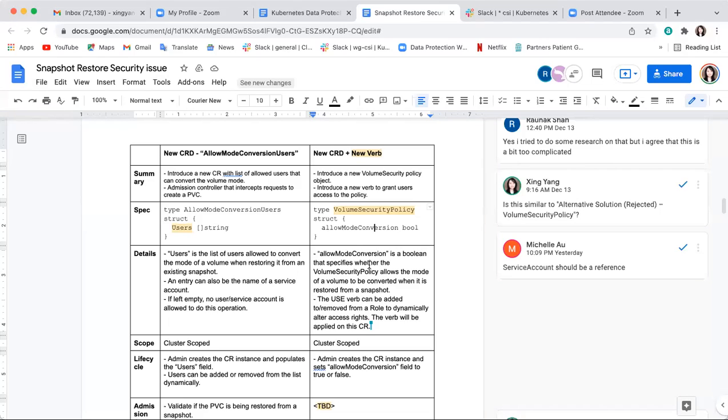Just to be clear, just because the CRD or the type is deprecated doesn't mean that the pattern of having a use verb is deprecated. The whole thing is deprecated. If we look at that one, we should actually look at the pod security standard. If we want to ask whether we can do this, then we should look at a volume security standard, which is something that we looked at earlier. That's what I'm saying. Yang knows this, right? He said this is the same as the pod security policy. The implementation is different, but the idea is the same.